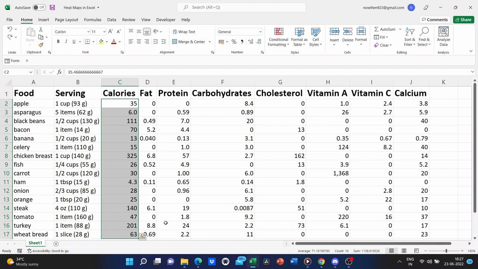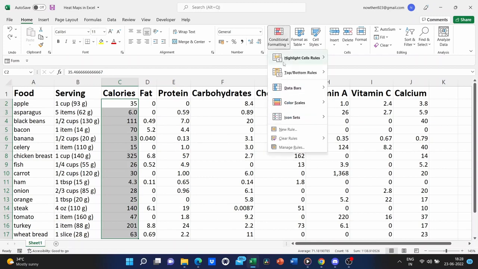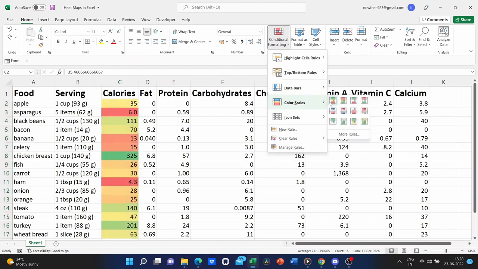So I want to compare the calories of each of these foods to each other. With that selected, I go back to the Home ribbon, the Styles group, Conditional Formatting, Color Scales, and that same green to yellow to red color scale.